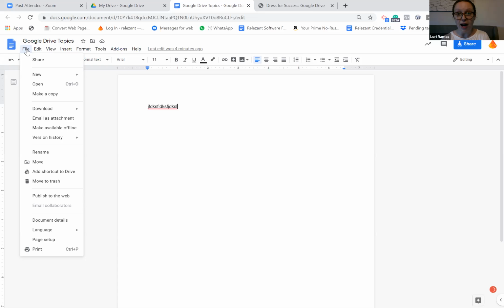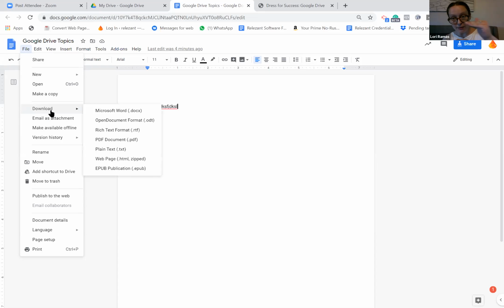If you click on File and you click on Download, see how Download gives you more options? You can now download it as a Microsoft Word doc. You could also download, say, your resume as a PDF, which is the most easily viewable type of document for any computer or device.